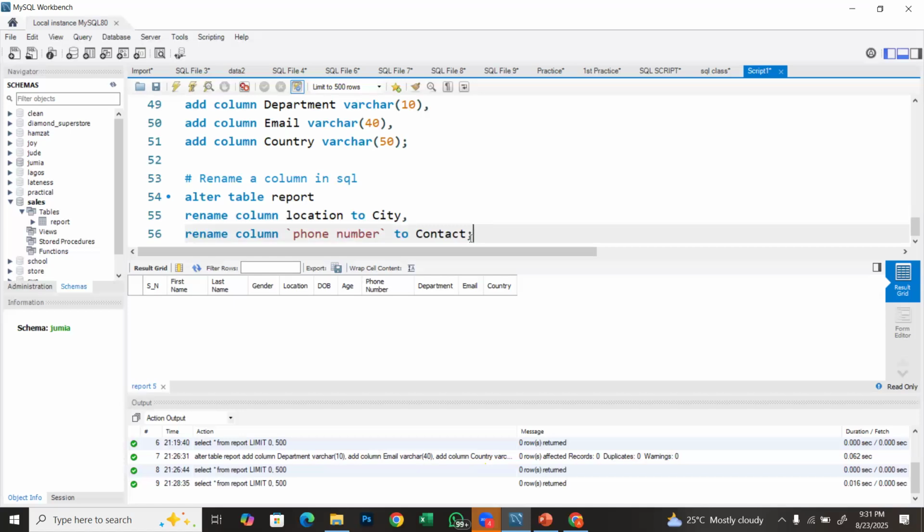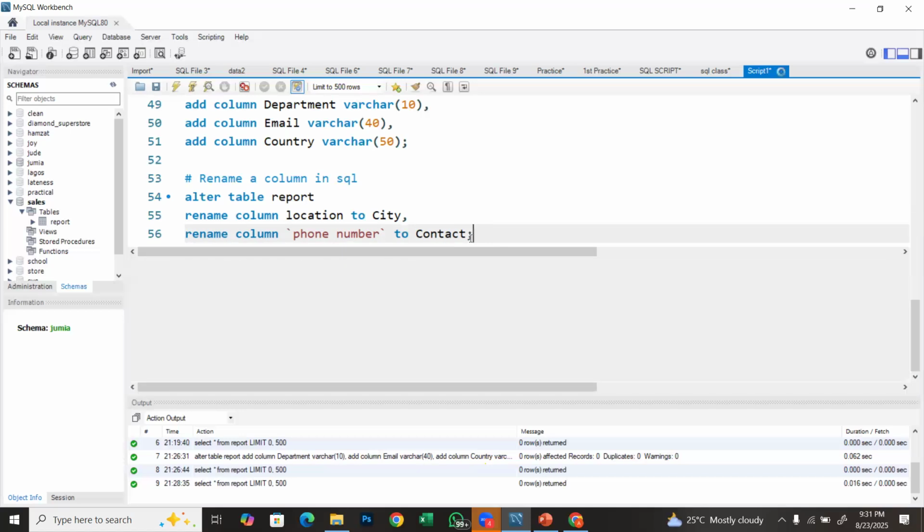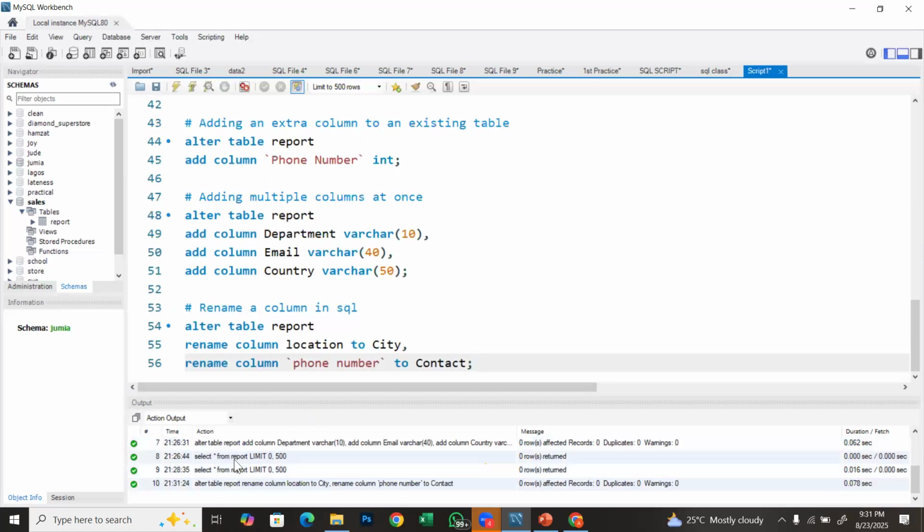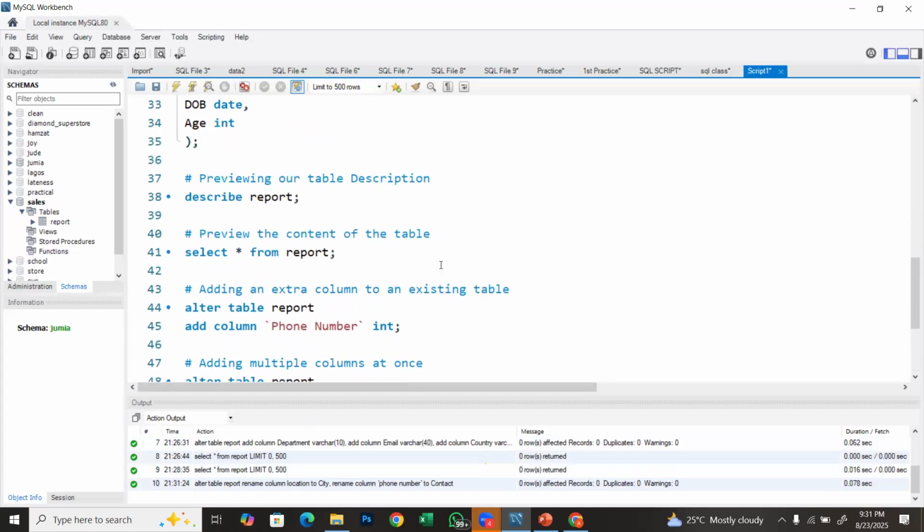So rename column location to city, then rename the column phone number to contact. All right. So let's run, Control Enter. All right, no error. Now let's go back up and run our select statement again to see the column